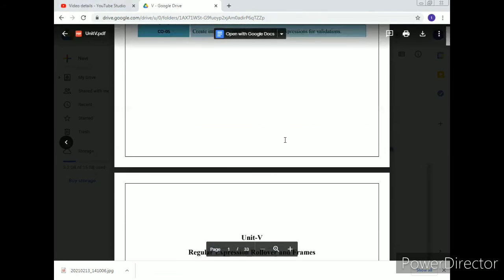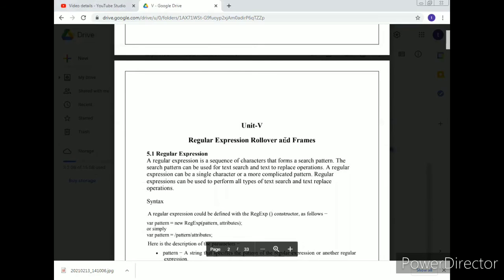So let's move on to our first thing. What is a regular expression? A regular expression is a sequence of characters that forms a search pattern. A regular expression is an object that describes the patterns of characters, correct? In JavaScript, the RegExp class represents the regular expression, which contains the string and also expressions like pattern matching or search and replace functions. The syntax of the regular expression can be defined with the RegExp function. This is a constructor.